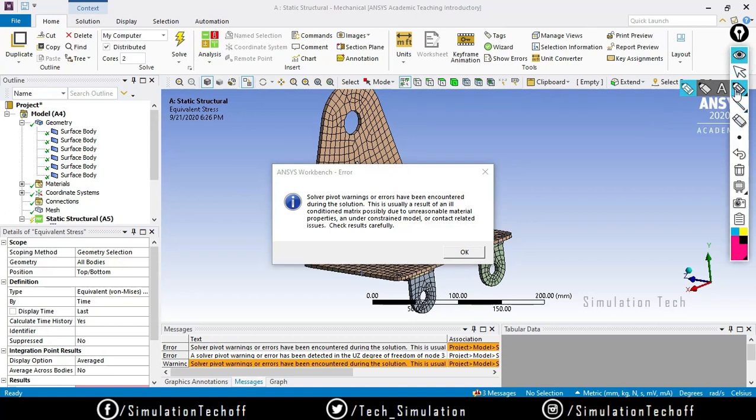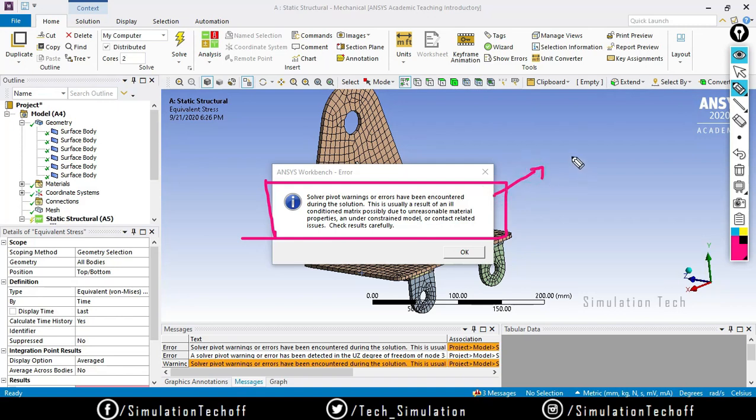Why it is so, you will get this message. We have three possibilities. One is the material configuration, there is something missing in the material configuration, or else there is a problem in geometry, or else there is a problem in meshing, and also material assigning as well as the boundary conditions.